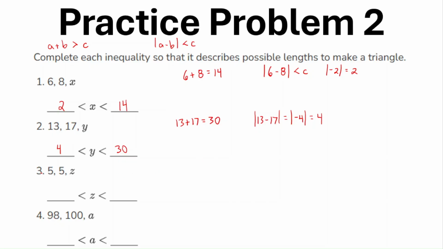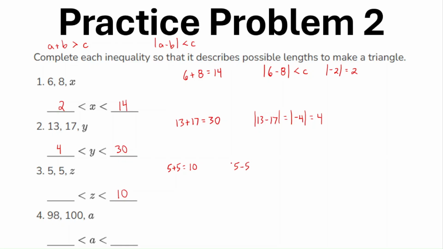Now let's try number 3. The first way is adding them together. 5 plus 5 is 10, so this missing side z must be less than 10. If it's not, 5 and 5 cannot reach the ends of 10 and have leftover to pop out and form a triangle. On the other end,